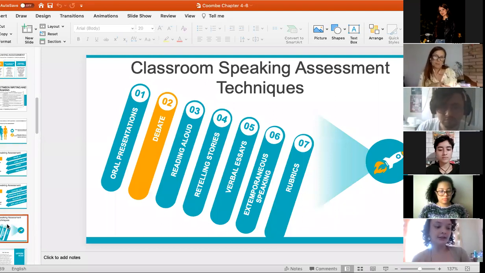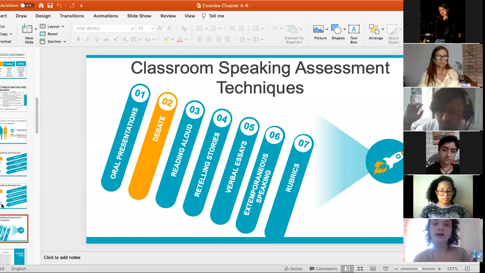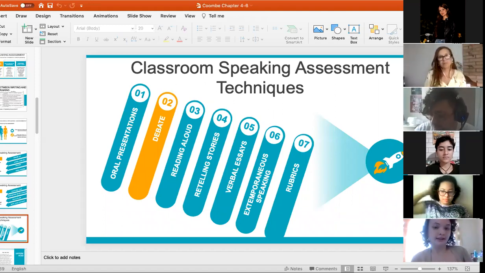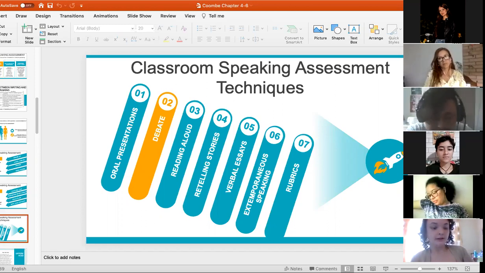In this kind of exam, for speaking, the students listen to an audio and they have 6 questions. 2 of them are about familiar topics, and the last 4 are about what they listen to or what they read. And in the 7th, we have a general rubric for speaking, for the teachers that prefer to have a general